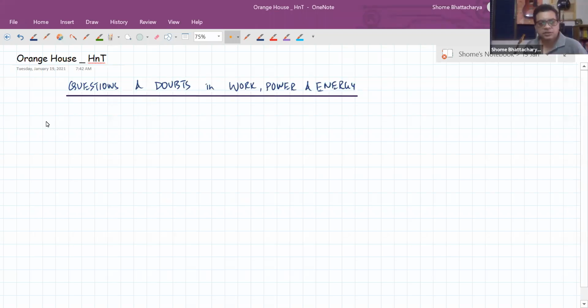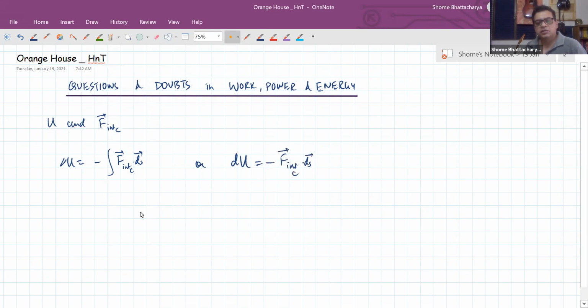Yes, in the last lecture we were discussing the relationship between potential energy and internal conservative force, and we saw that delta U is the negative of the integration of, or the negative of the work done by the internal conservative force, or in differential form we can write this as dU equals minus F dot dr. Okay. So in a 1D situation,